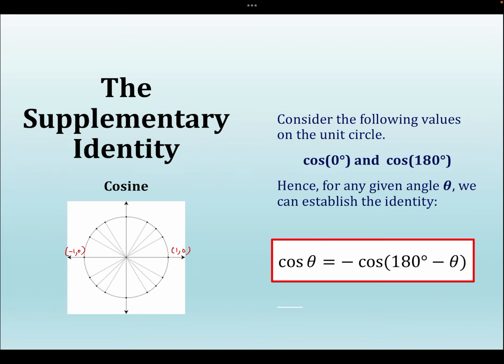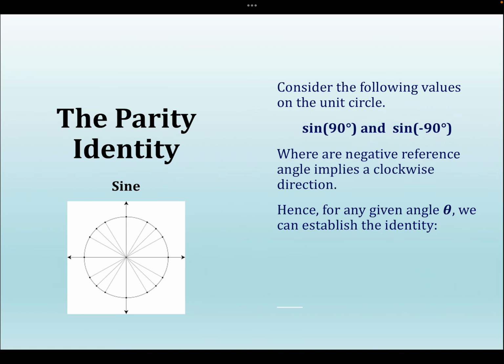Or you could actually think about, again, using 30 degrees. If you're using 30 degrees, you can see that this is 30 degrees. This is 180 degrees minus 30 degrees. So if there's a value of x here, this is negative x. So therefore, cos theta is minus cos 180 degrees minus theta. Now, what about